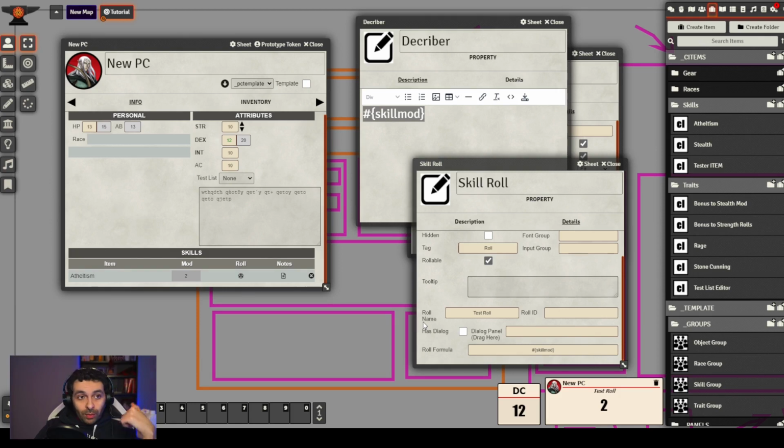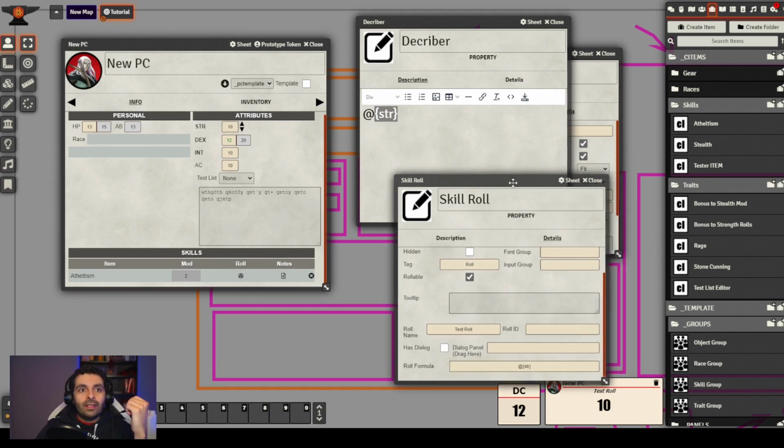Now going back to the previous role expressions, if I changed this to at str, as I've explained previously, if I now click role, you see it returns the strength value, because as I have an at here, I'm referring to an actor property instead of a C-item property.